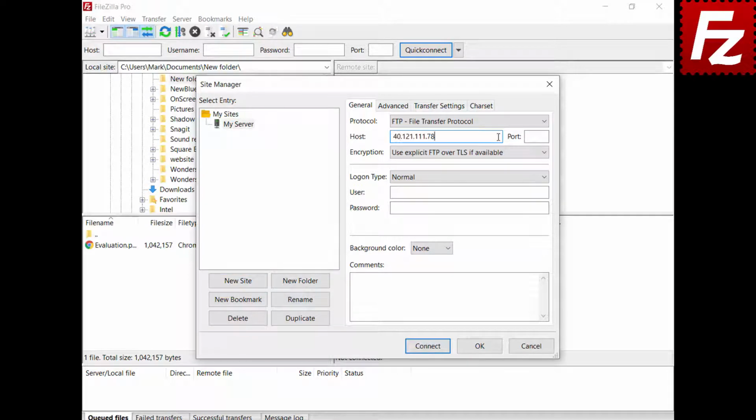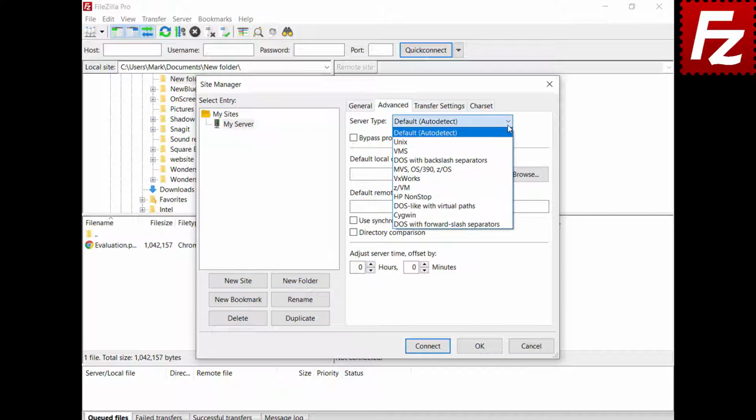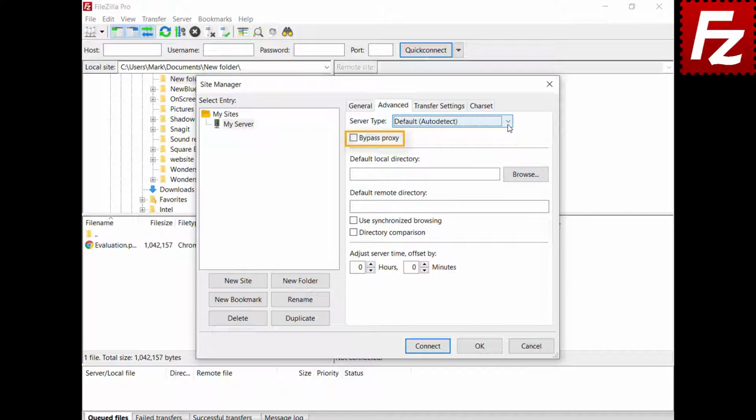On the right side, you can configure your connection. Connection details depend on the protocol type. Some options may not be available for all protocols. You can configure both the background and the tab color. In the Advanced tab, you can configure the server type, proxy bypass, the local and remote directories that will be